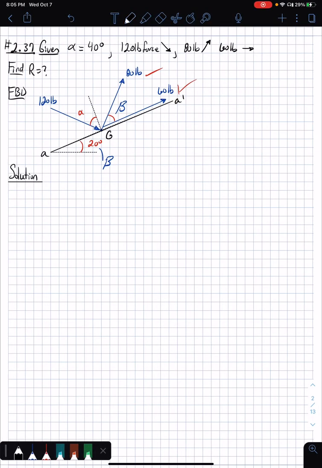Alright class, this is going to be part 2 of the exam 1 review for Engineering Statics 2301. We're going to be doing problem 2.37. Again, I'm not going to actually display the problem itself, I'm just going to read it off and we'll get right on to it. At any point in time, feel free to pause the video and catch up when you are ready to go. Problem 2.37 states that knowing that alpha is equal to 40 degrees, determine the resultant of